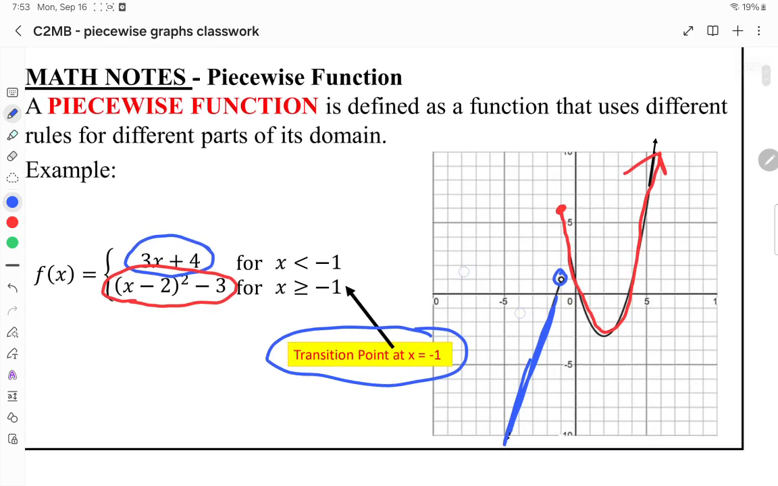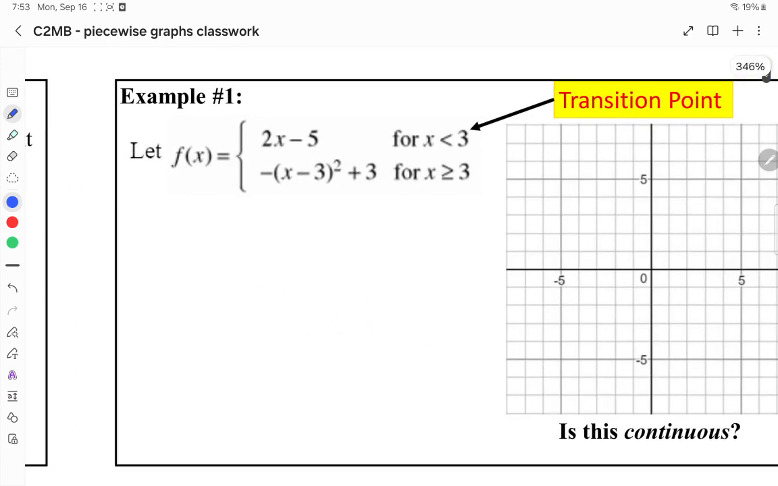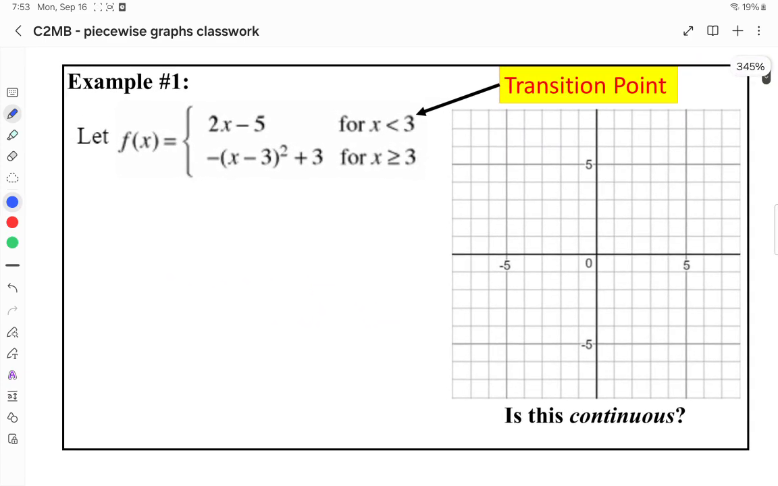Let's see what graphing looks like when we're given just the equation. You should have a note sheet just like this that you can follow along with. When we're trying to graph this, we have two pieces of the equation, and the transition point is at x equals 3. The easiest way to do this is to make two different t-tables. My first equation, which I will do all in blue, is a linear equation when x is less than 3. So I'm going to make a t-table here